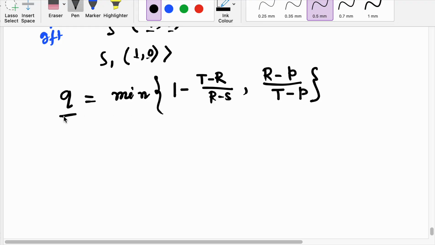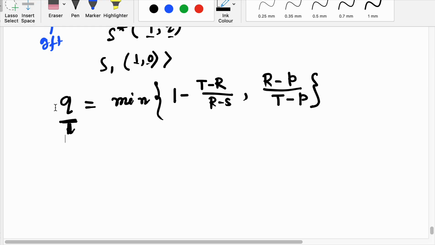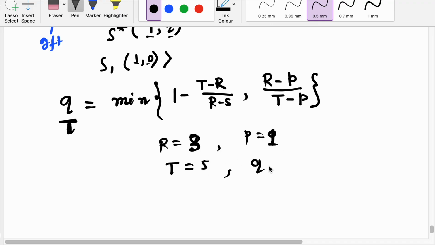So you have to choose q in between these. That's why q is one third. Yes, because if you put the value r equal to 5, p equal to 0, t, r equal to 3, here r equal to 3, p equal to 0, p equal to 1, t equal to 5, q equal to s equal to